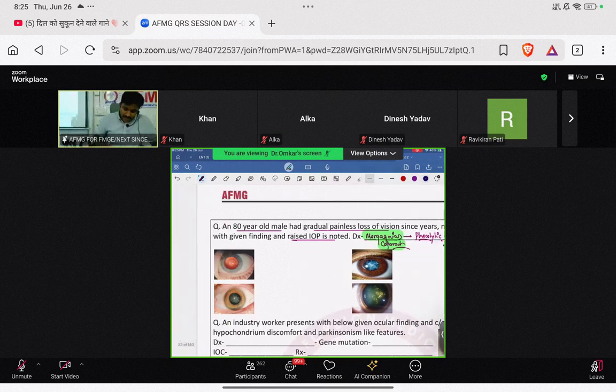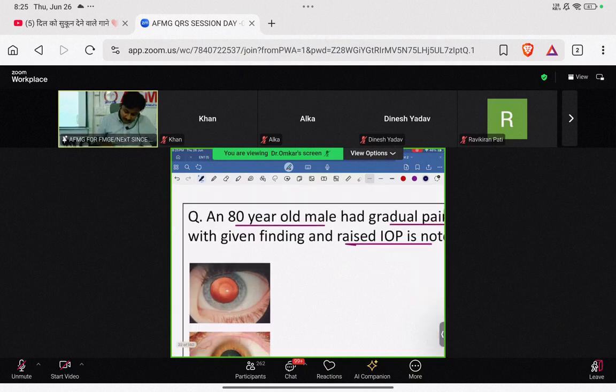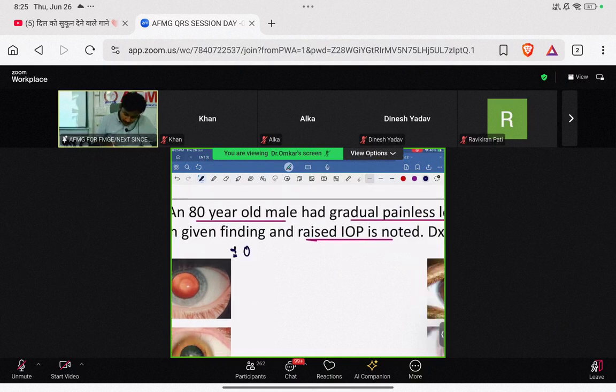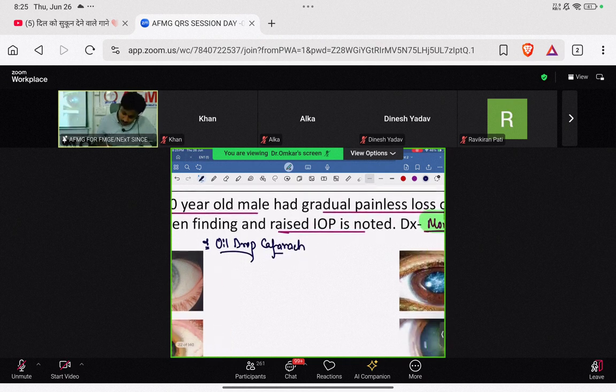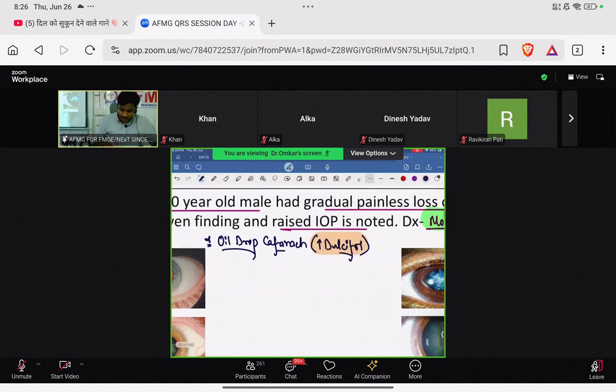Next important, just identify the types of cataracts one by one. Shall I? First, what is the name of this cataract? We know it is called the oil drop cataract. Oil drop cataract is due to excess collection of what? So we know oil drop cataract happens when there is excess collection of dulcitol or galactitol. So whenever there is excess collection of dulcitol or galactitol, the patient has the oil drop cataract.